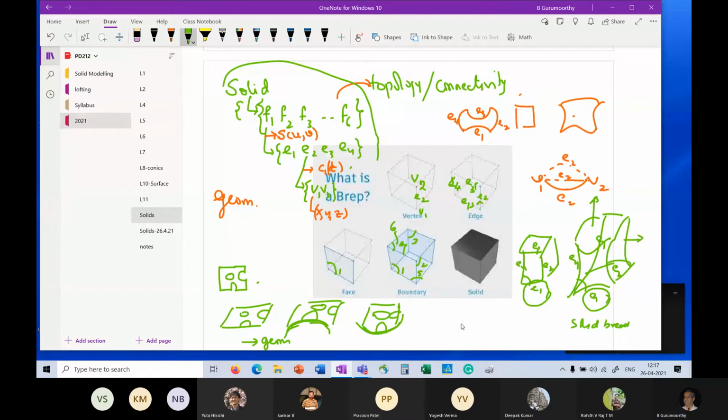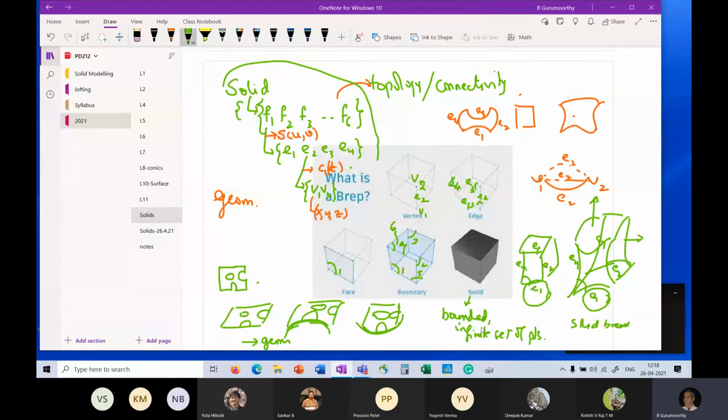Now, what we have done is that we wanted to represent a solid, which is an infinite set of points, a bounded set of points, right? So a solid for us is a bounded infinite set of points.